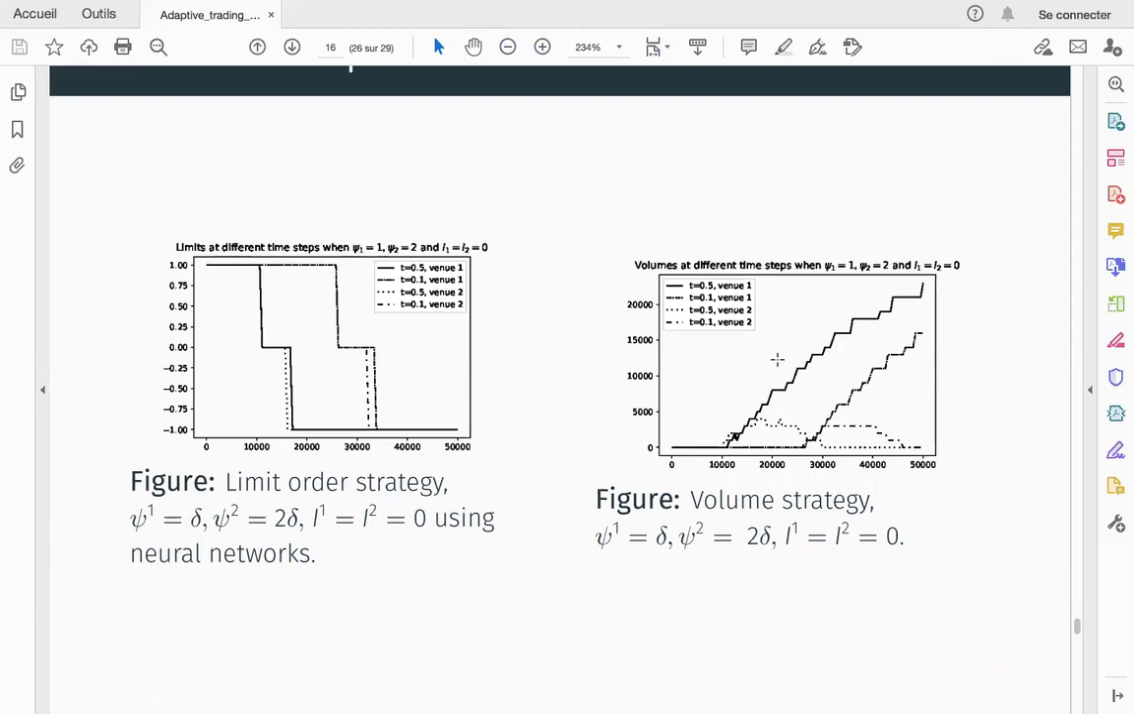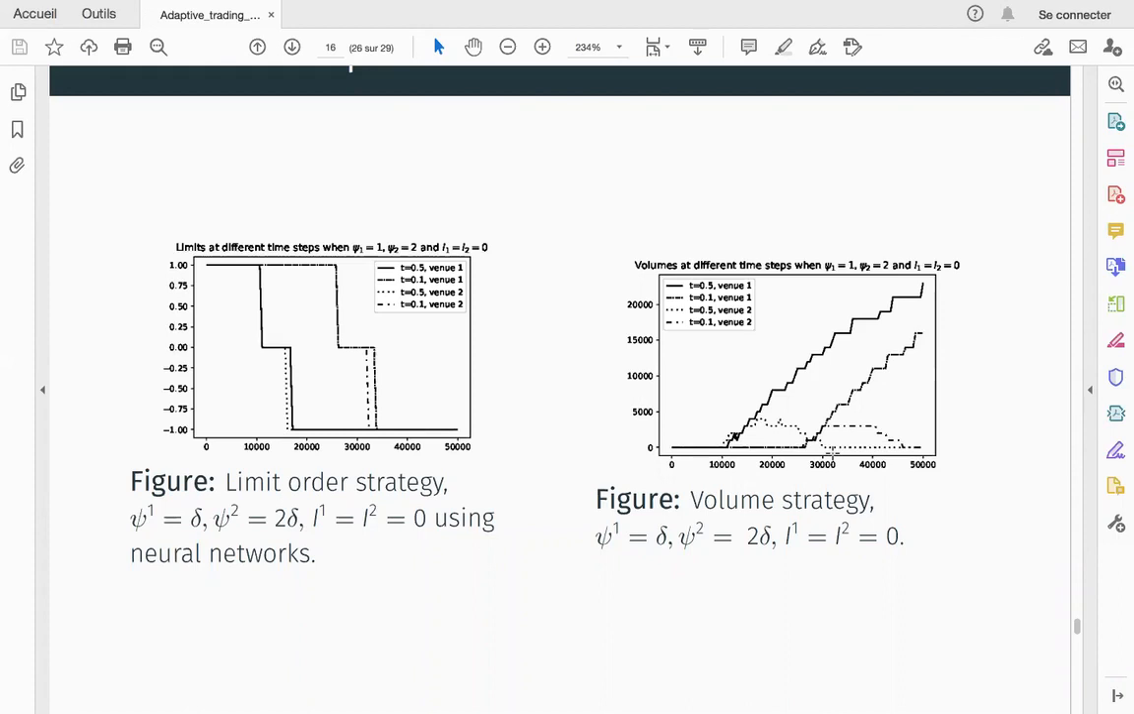And so, in the second venue, what will happen at t equals 0.5 is that the volume we send on the second venue will increase until about Q equal 22K, will be constant roughly until Q equal 30K, and then it will be equal to 0. So in fact, between Q equal to 10K and Q equal to 30K, the trader collects the spread on both the venues, and for Q above 30K,